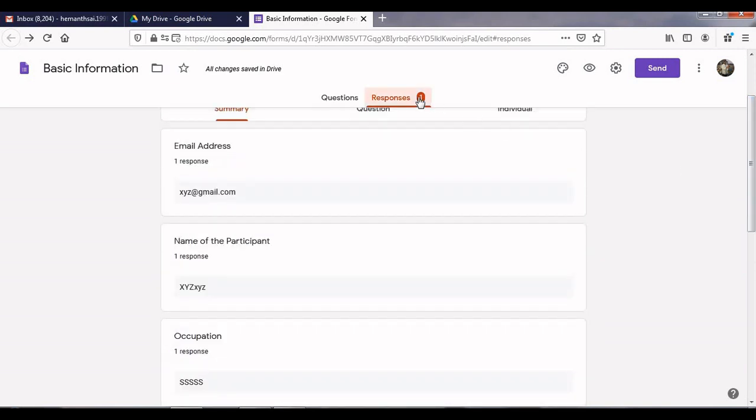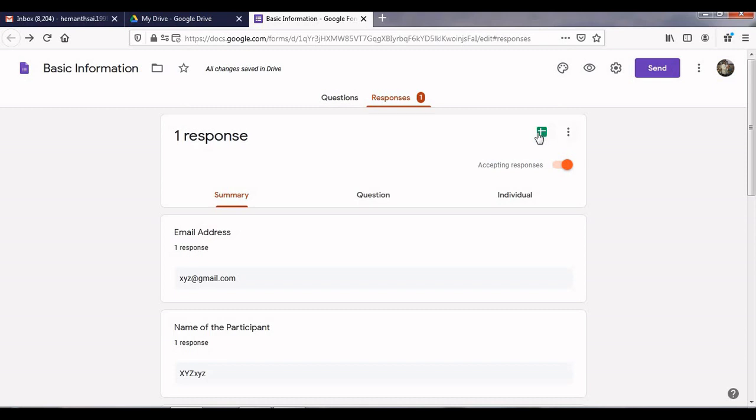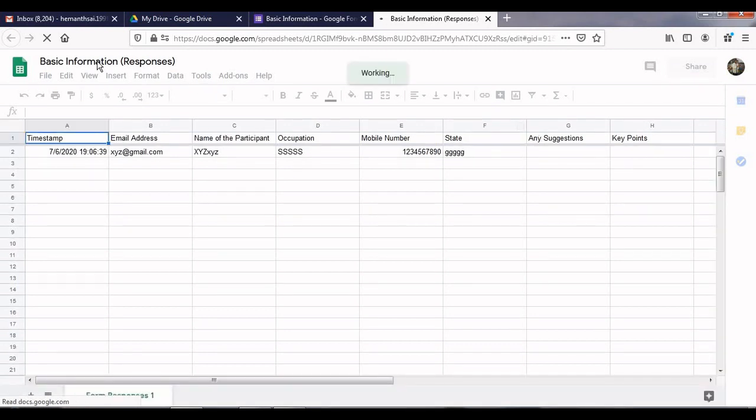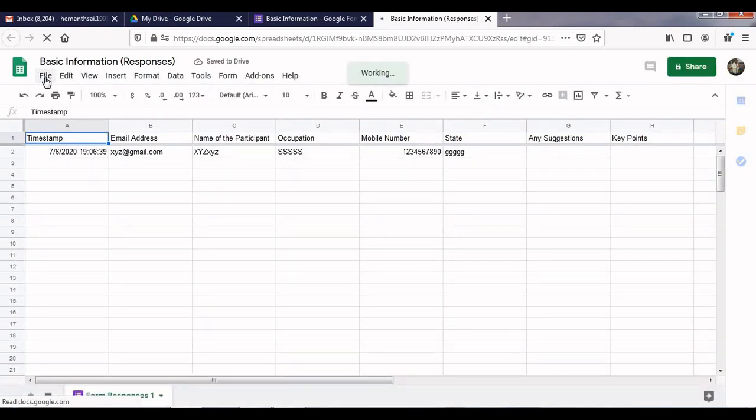And for example, after clicking on responses here, you have view responses in sheets. Again I am using this, because once you have created the spreadsheet, it is directly going like this. Let us give some 5 seconds for the form, depending on the bandwidth speed.